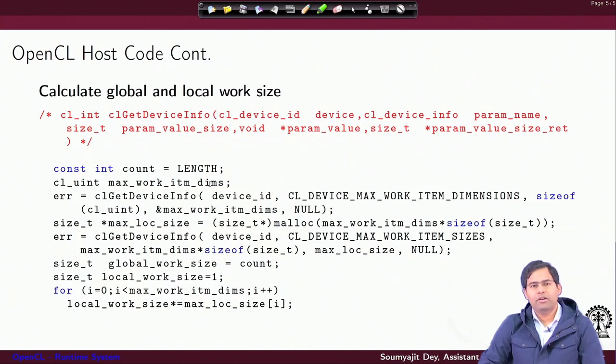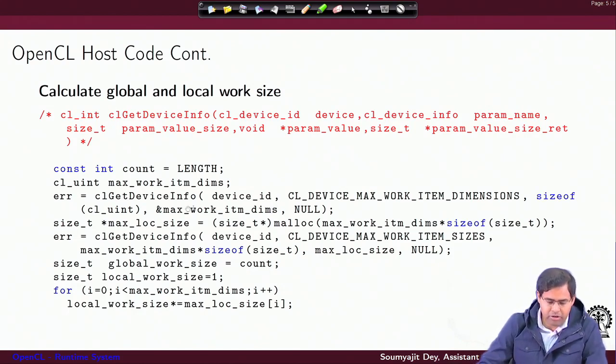Here you have a global work size, and inside that you have work groups. Inside the work group you can have a multidimensional arrangement of work items. You want to figure out in a given device what is the maximum dimensional specification that is allowed for that device. So, for figuring that out, you have the max work item dimensions.